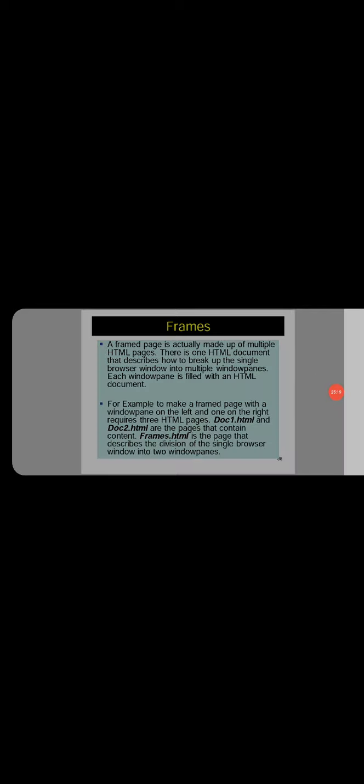Generally, an HTML page or a web page or a screen is divided into multiple areas, like multiple columns and multiple rows. Each space is called a frame. So a frame is nothing but a small area placed in a web page.